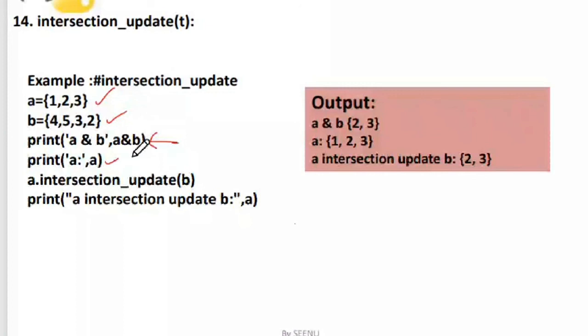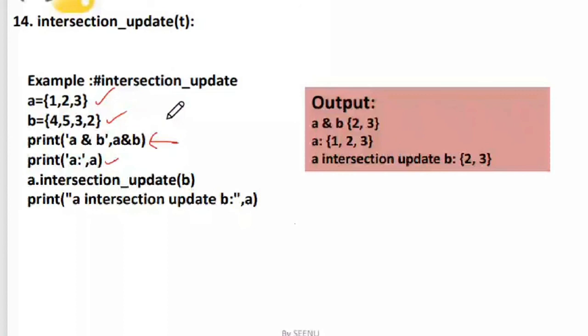That is intersection. Now, what is meant by intersection update is, it is similar to intersection, but what will happen is the result that you got. What is the result that you get in A intersection B in this particular case? 2, 3. So the result is 2, 3, right? So what will happen is this result will be assigned to A. A set will go off. What is there in A set? A set is having 1, 2, 3, right?